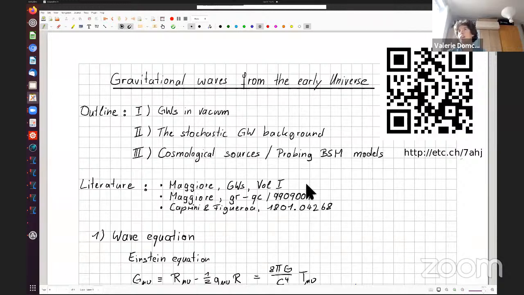So it's one of these cases where you can do a really proper computation. Once you know the result, you can do a shorter computation and reproduce the result. But I strongly encourage you to look into section 1 or 2. There's a long discussion on proper detector frame versus free-falling frame. Okay, thank you very much.